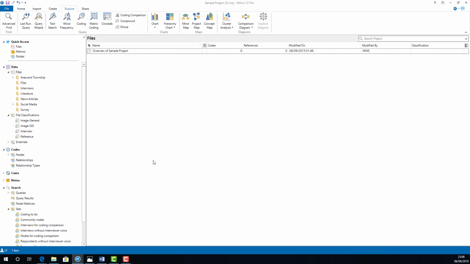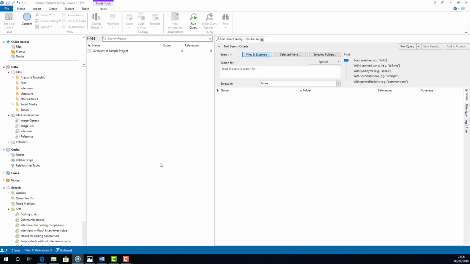To get started, I've gone to the Explore ribbon and I'm clicking Text Search. Here you'll find a new pane opens and gives us all of the options for this particular query. To start off with, I want to choose where I'm searching. By default, you can see it's going to search all files and externals. In the case of this particular project, I only really want to search the interviews, so I'm going